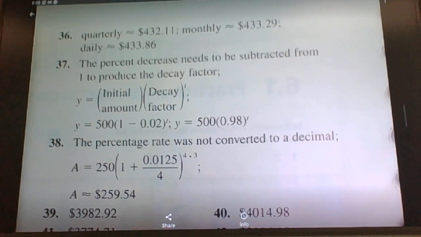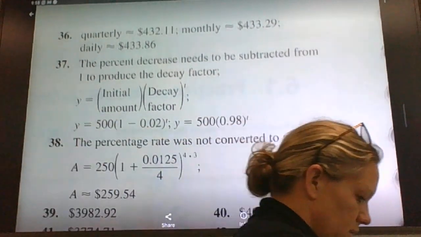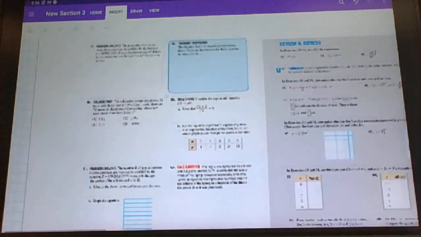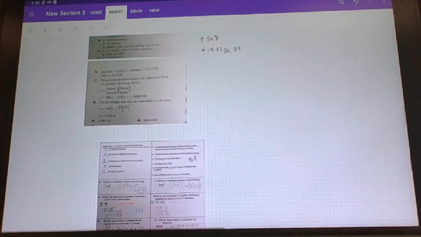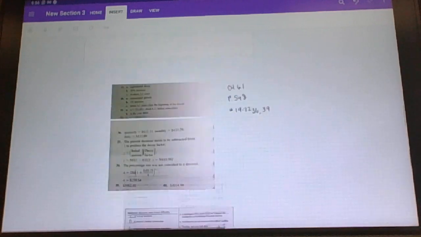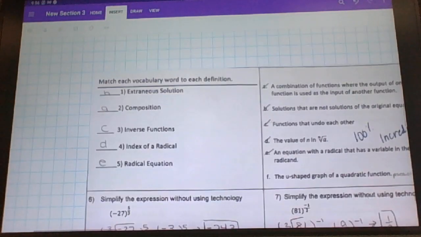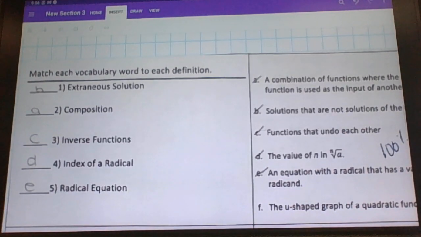Anybody else not get a test? Let me put up the right answers so you can check it, and then I will take questions. So each one's worth about 4.5 points. Here's your vocab. So I have to